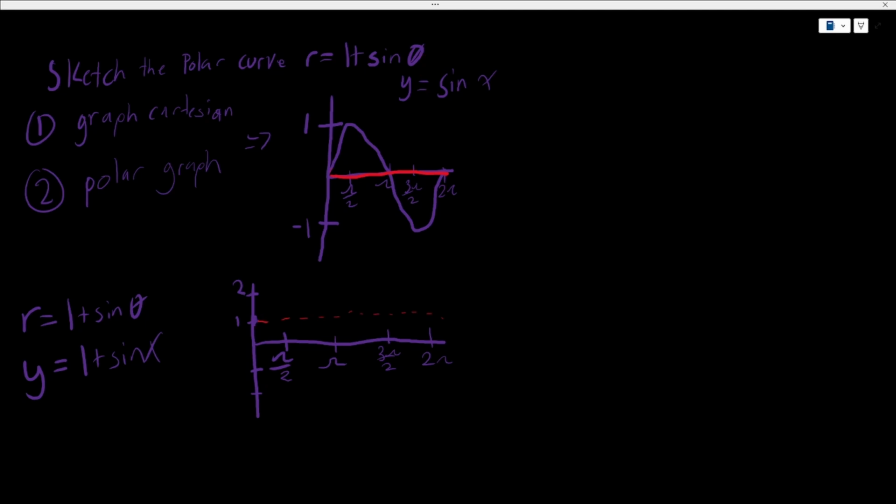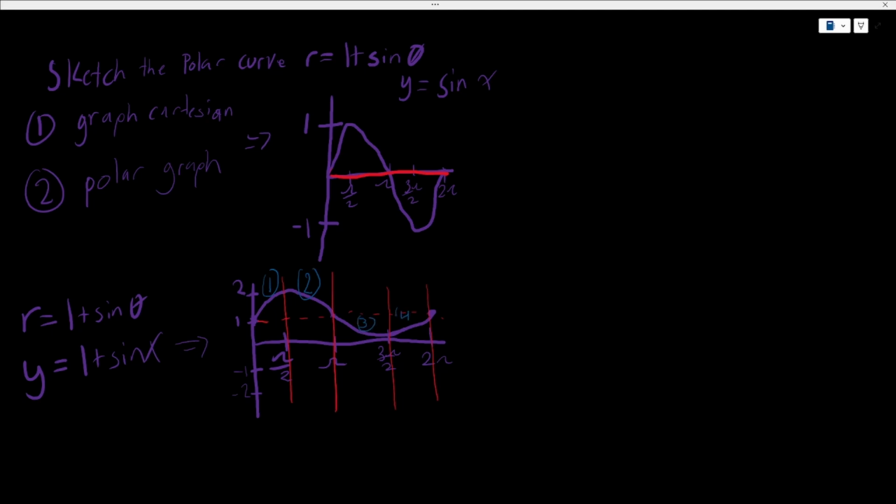So now let's draw our function y is equal to 1 plus sine x. So we start at 1, then from pi over 2 we go to 2, back down to 1 at pi. Instead of crossing the x-axis to go down to -1 or -2, we just stop at the x-axis. And we just go back to 1 for 2 pi. So here we have 4 distinct sections of our graph. We'll label this 1 right here, 2,